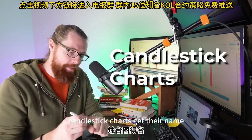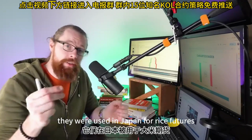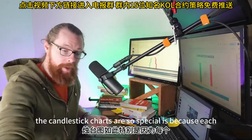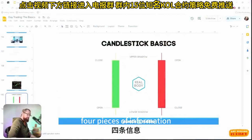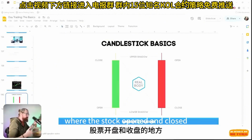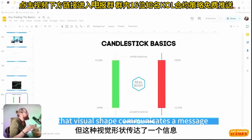Candlestick charts get their name from centuries ago. They were used in Japan for rice futures, and they gained popularity because they're really incredible charts. The reason that candlestick charts are so special is because each individual candlestick communicates 4 pieces of information, and they create this visual representation. The shape of the candlestick is created by where the stock opened and closed and its high and its low during this period,